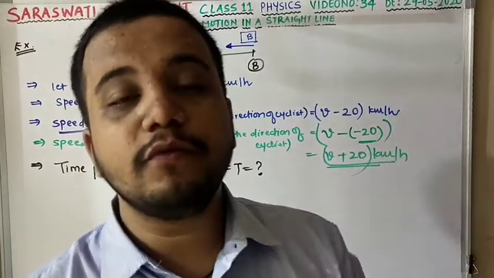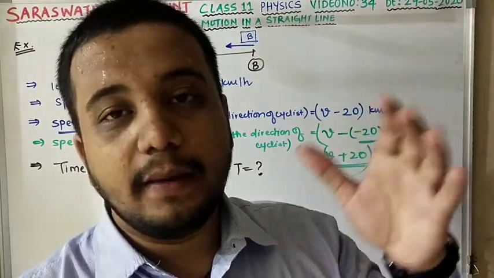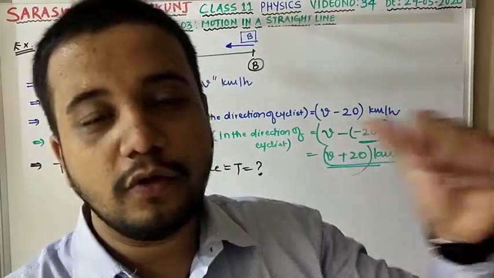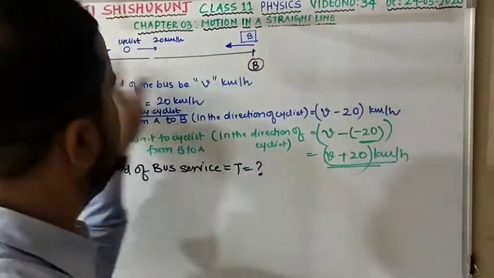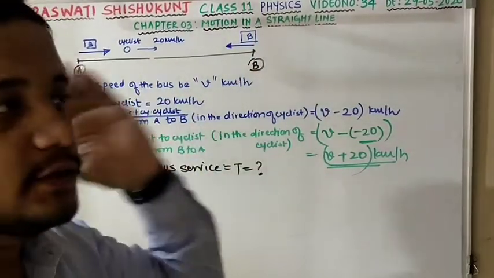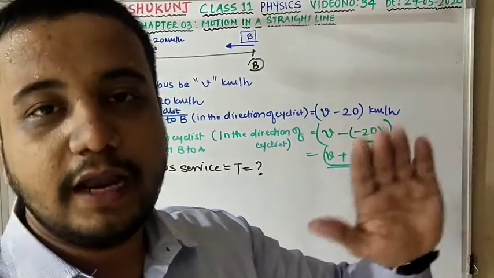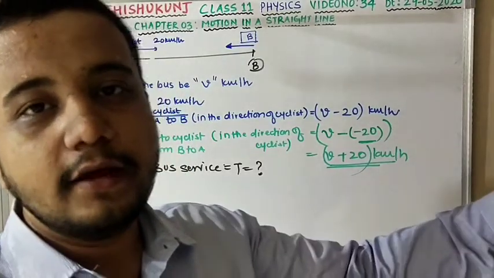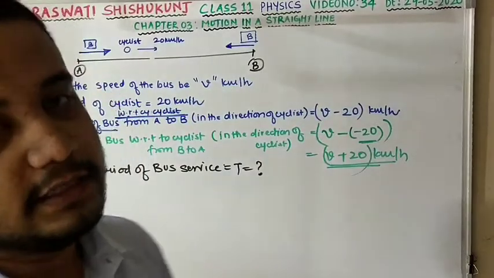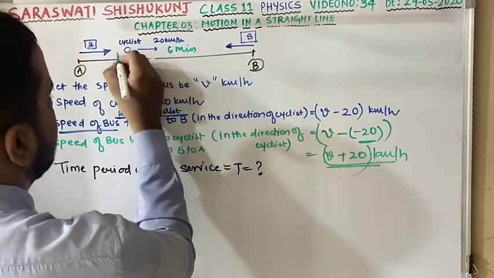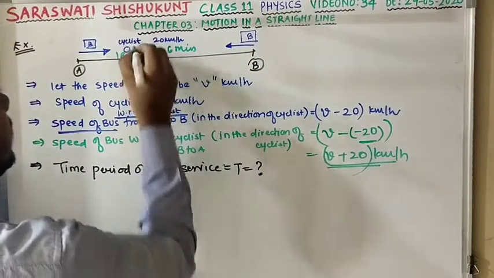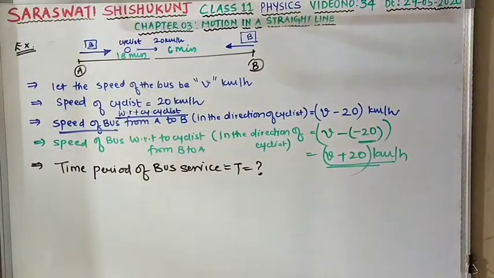After every 18 minutes. And when the cyclist moves from B to A, means from end B, the bus is passing in every 6 minutes. From end A, when he is cycling in the direction from A to B, clear? He used to observe that the bus used to pass by him after every 18 minutes, and from end B towards A in every 6 minutes. So here he is finding something passing by him every 6 minutes, and here every 18 minutes. Clear? Means bus from B to A passes in every 6 minutes, and bus from A to B passes the cyclist in every 18 minutes.